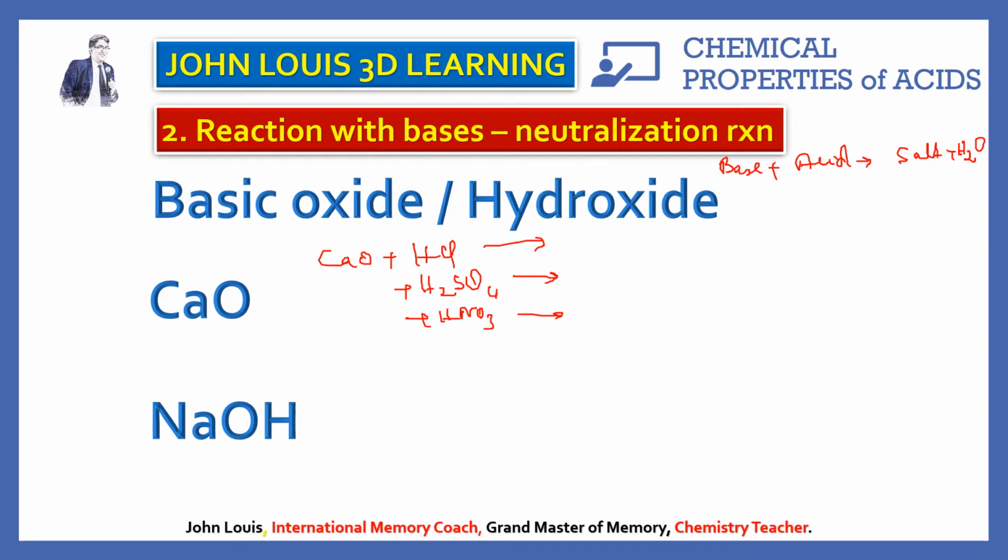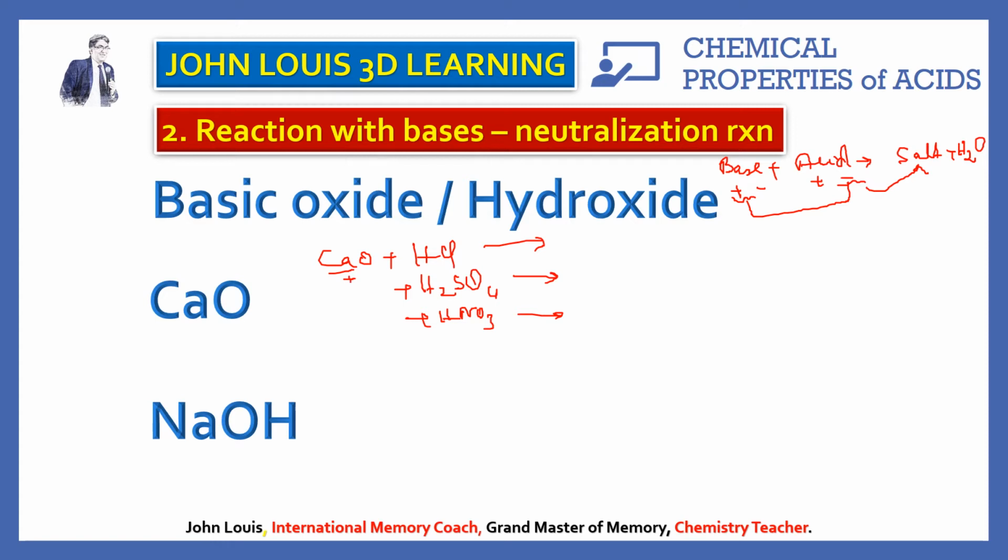How is the salt formed? A base consists of a positive ion and a negative ion. I already explained this in the previous introductory lesson. The base has a positive and a negative ion, and the acid also has a positive and a negative ion. The positive ion of the base will react with the negative ion of the acid to form the salt, and then you will get water. So the same thing we need to apply here.